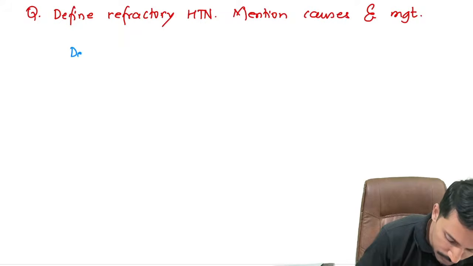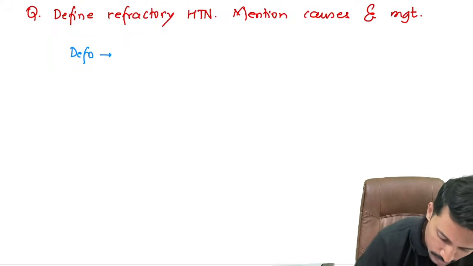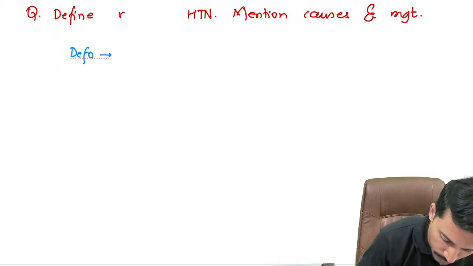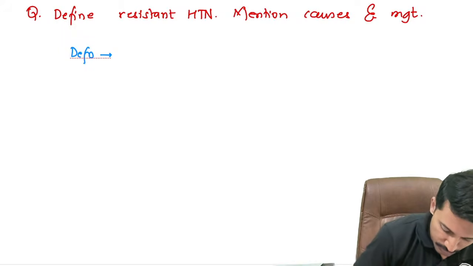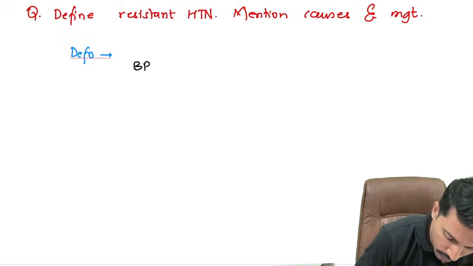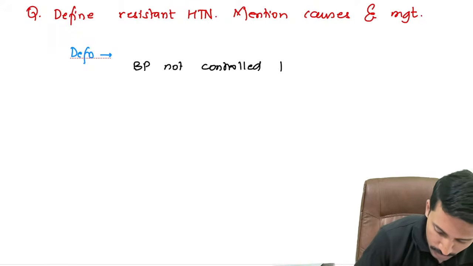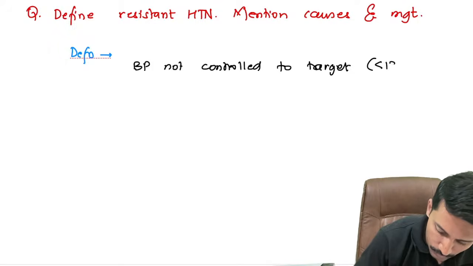The definition is, okay, we will start with resistant hypertension, then we will come to refractory. Resistant hypertension, mention causes and management. So what is it? BP not controlled to target. Now what is our target BP? The currently accepted target is less than 130 by 80 millimeters of mercury,